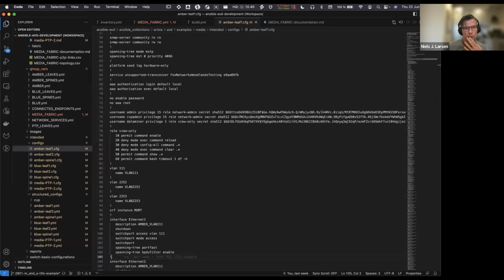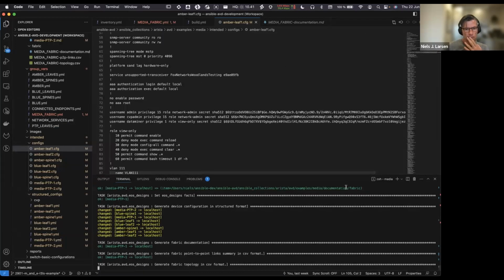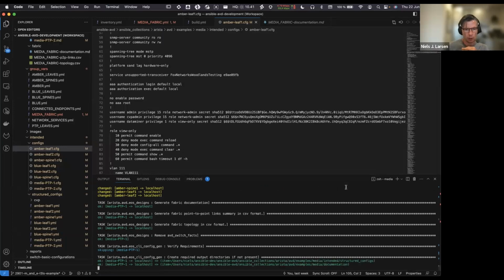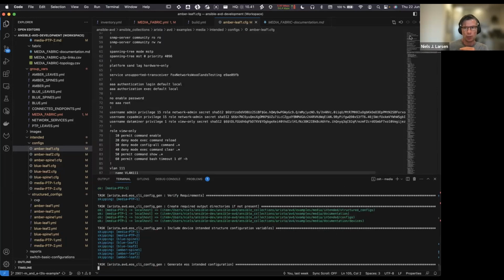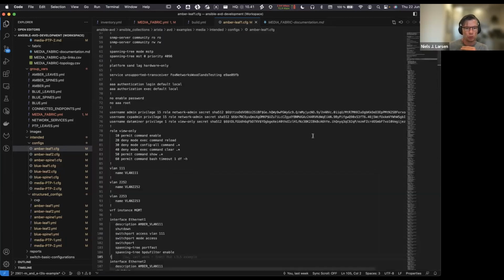So let's see how far we get. Now we're updating the fabric documentation, and we are moving to the actual configuration. So shortly this should be updated. If the demo gods are working in my favor.